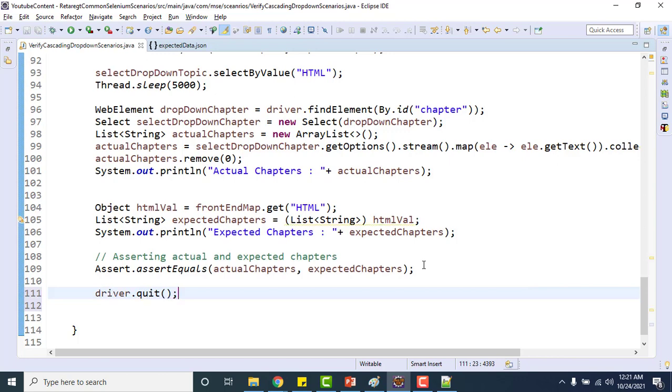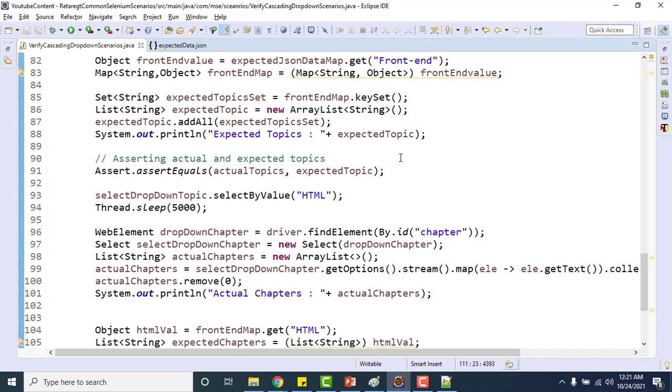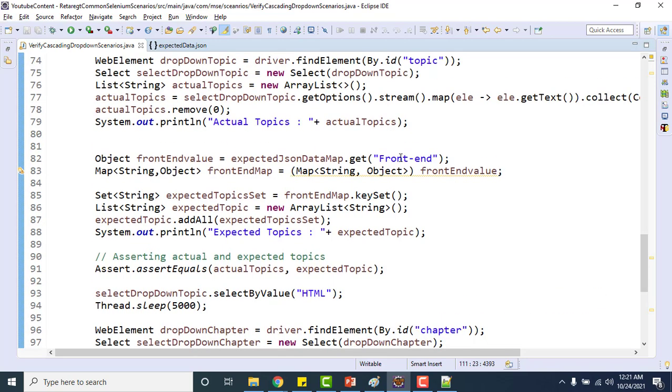Okay, so yeah, you can enhance this code in many ways. You should create some methods which you can call, because I have some repeated code here. But as I am explaining the scenario here, it's fine. Whenever you are using this concept in your real project, always create methods so that you can reuse them.